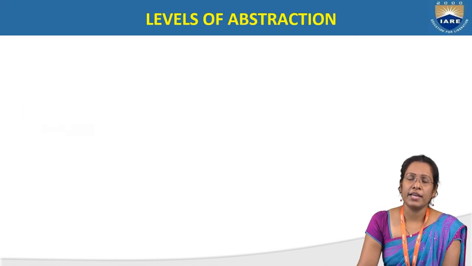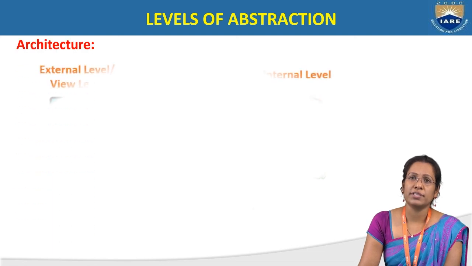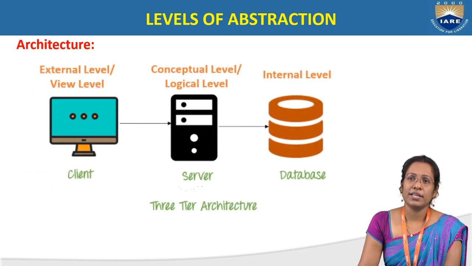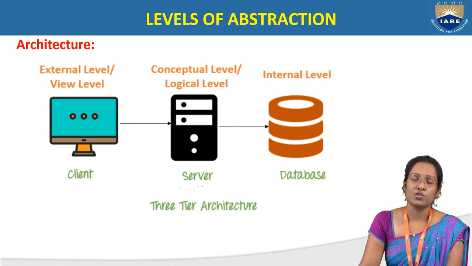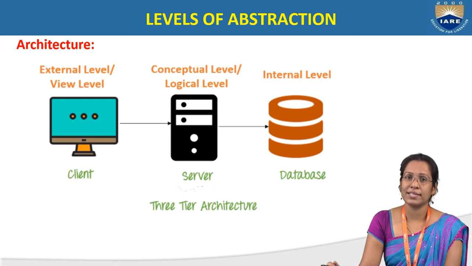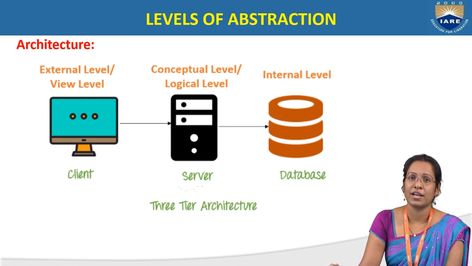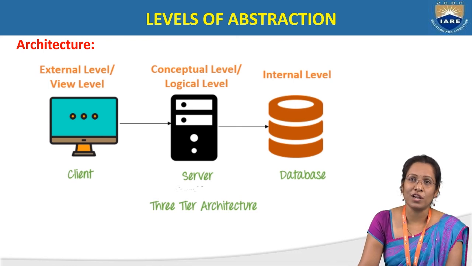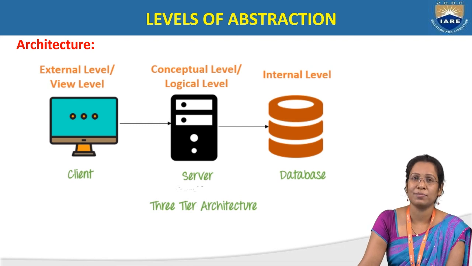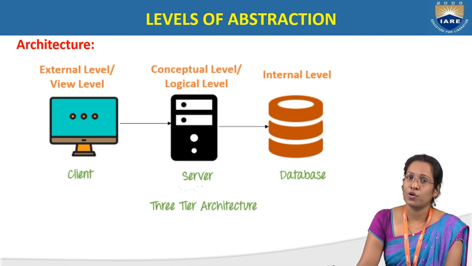The next one, finally, the conclusion for the levels of abstraction. Here I am going to describe a small architecture. This is called a 3-tier architecture. How many levels did we discuss? 3 levels: physical level, view level, and conceptual level. In general, we can say that the client is the view level, because the client can request the server and get a response back. And the server is what handles the request from the client and produces the response back to the client.